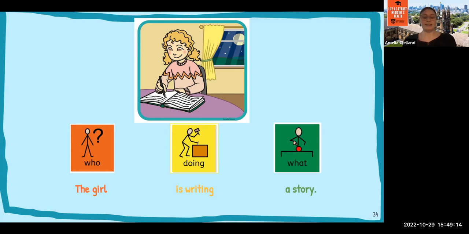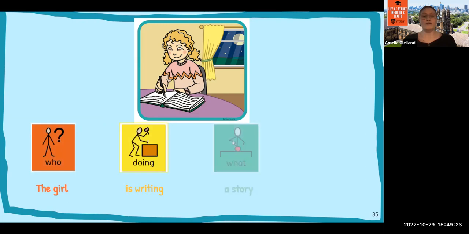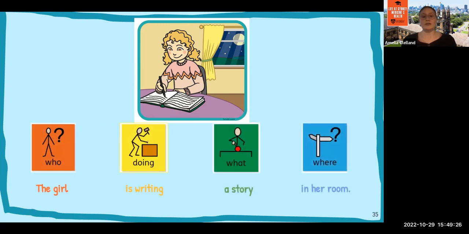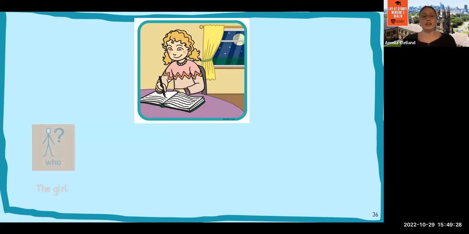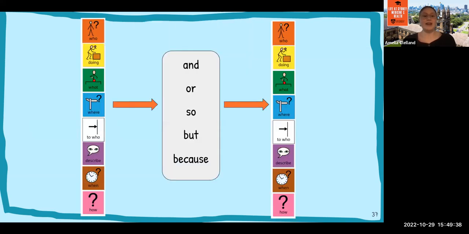Once students have mastered this simple sentence structure, other elements can be introduced to help build complexity. Further information can be added, such as where or when. For example, the girl is writing a story in her room, or the girl is writing a story at night. This process helps students to organise their sentences and can be used to build endless complexity through the addition of other elements such as how, when, and descriptions. There is also the opportunity to adapt the program for older grades through the use of conjunctions to create longer